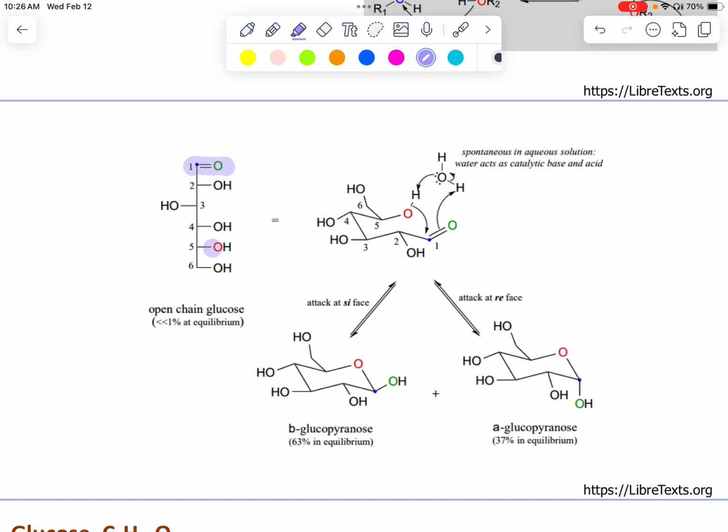We've got a carbonyl, we've got a bunch of hydroxyl groups, true? And so what we'll have is what we call an intramolecular hemiacetal or hemiketal. And this simply means that the R group of the alcohol is already covalently attached to the R group of the aldehyde. And so this sugar cyclization reaction